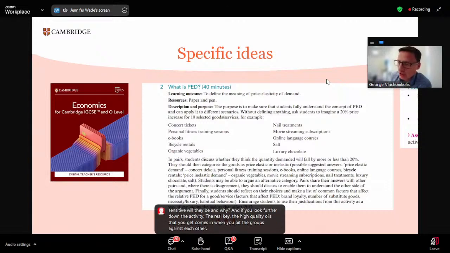So one of the groups might be arguing that a particular product is price elastic. One of the other groups might be arguing that the same product is price inelastic. And you are setting them up with a debate. You can structure the debate, and there are suggestions for how you might choose to do so within the activity. Having that oral debate, the dialogue between each other, I think this is a great way to deepen the understanding